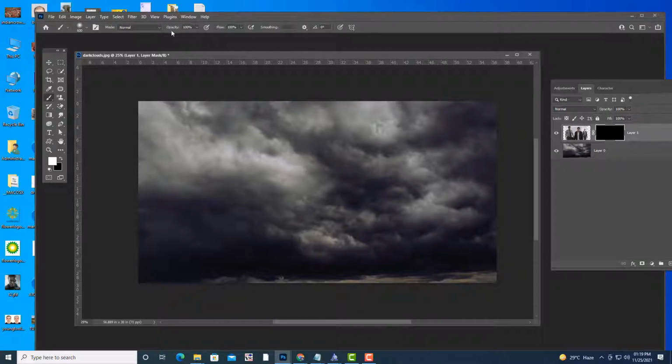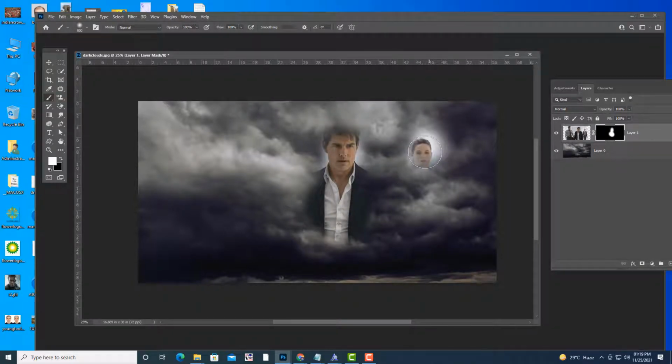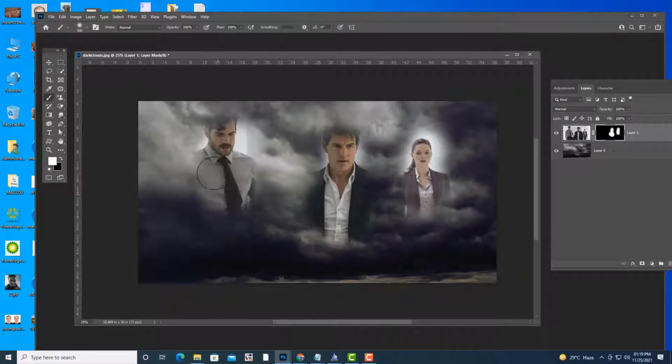Make sure that the opacity and flow are 100%. We will only paint over the actors. We will remove these unwanted areas. Slightly you can remove.